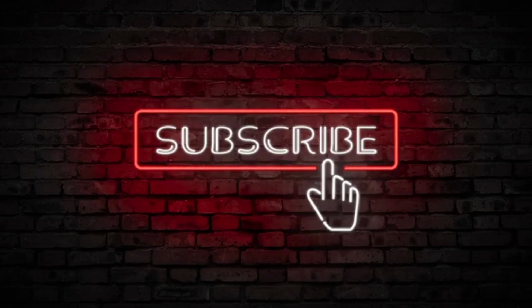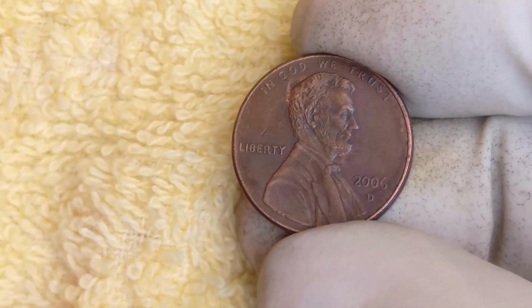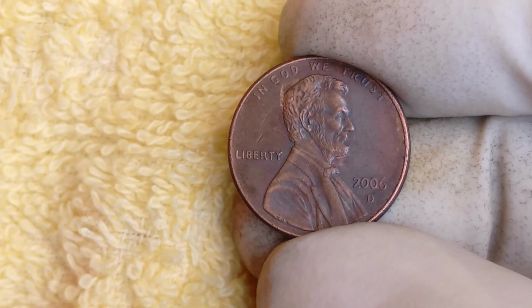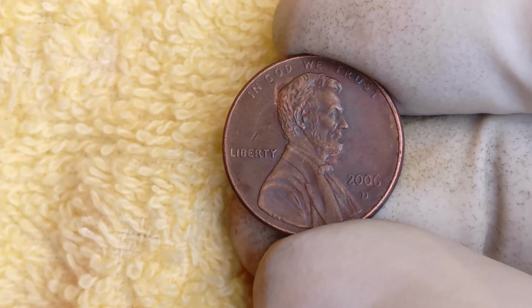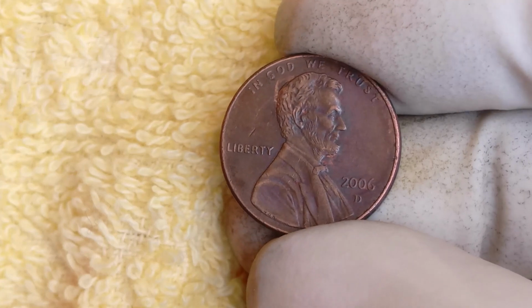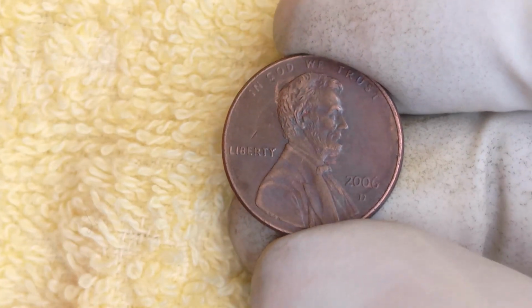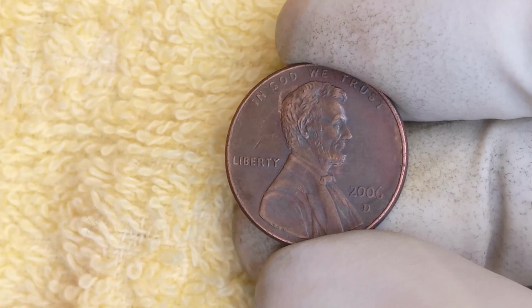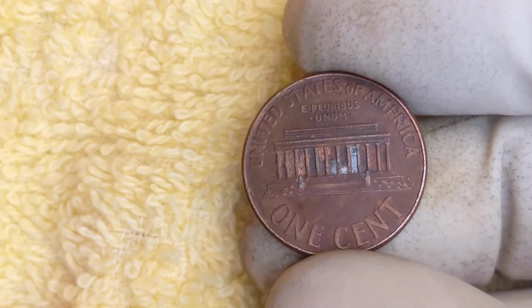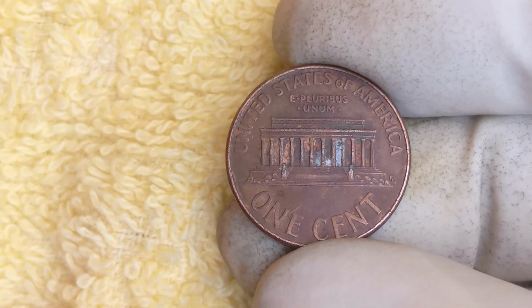Ladies and gentlemen, collectors, treasure hunters, and coin enthusiasts from around the world, today we bring you an absolutely mind-blowing story about a tiny coin that holds an astonishing value of $300 million. That's right, we're talking about the 2006 Lincoln penny, a coin that has captured the imagination of numismatists and collectors alike. If you have one of these pennies in your possession, you might just be holding a fortune in your